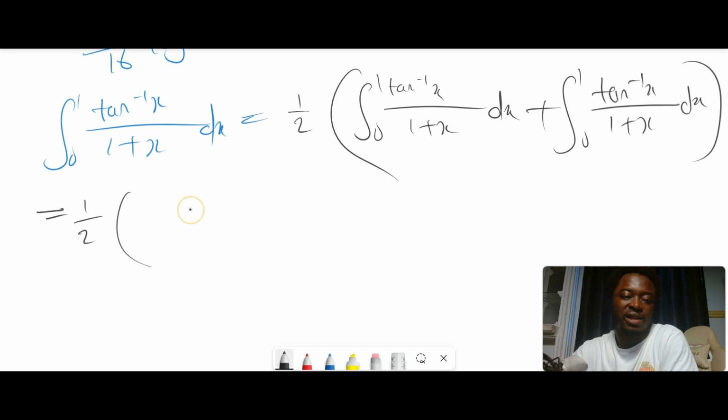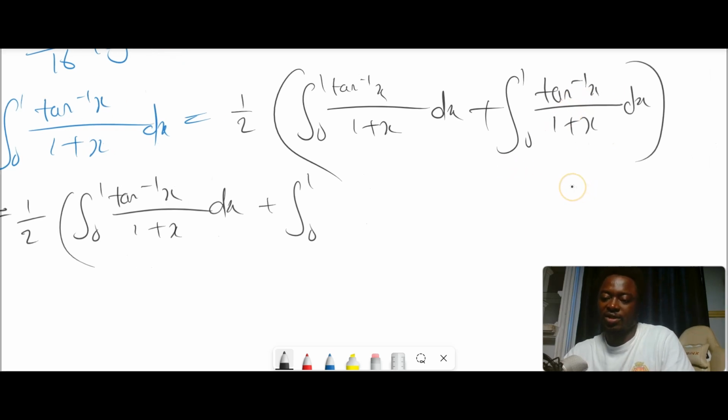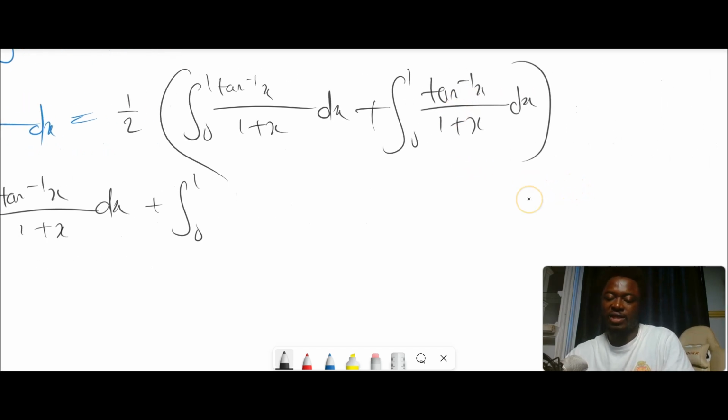We just have to write a half integral from 0 to 1 of tan inverse of x, all divided by 1 plus x dx. The second one, we are going to write the integral from 0 to 1. Then we are going to take x. They call it the Möbius transformation. You take